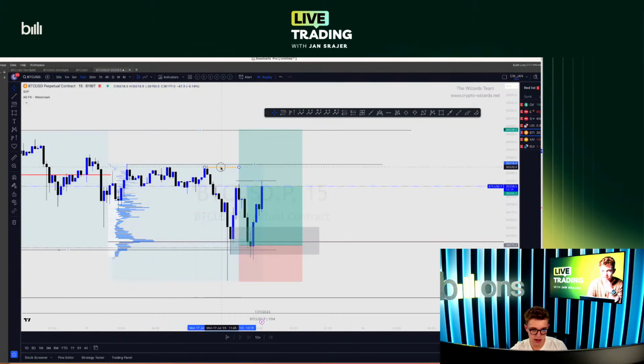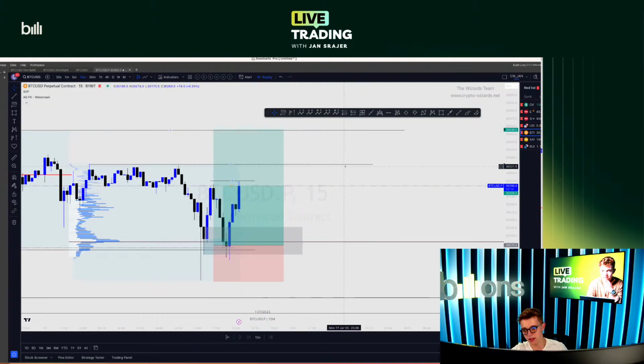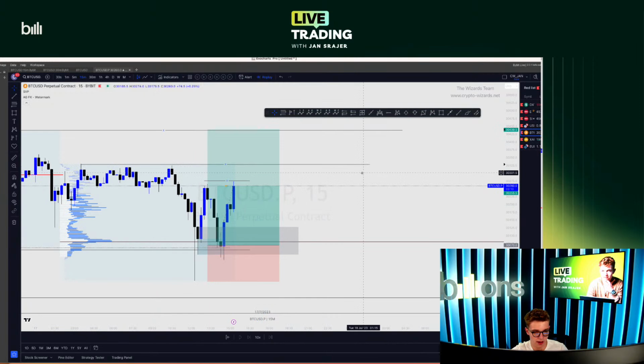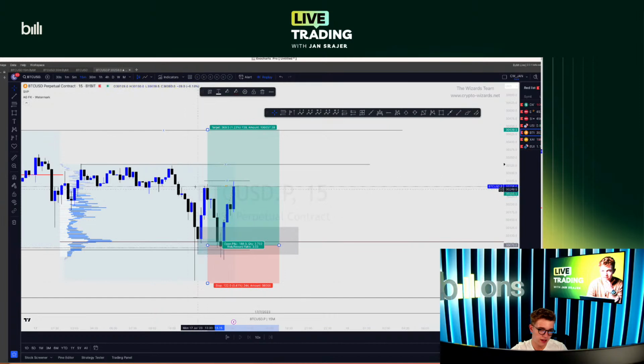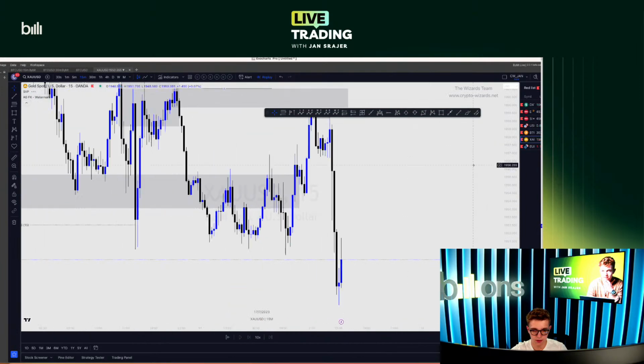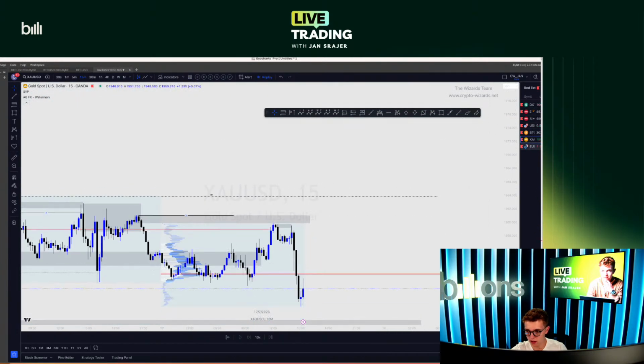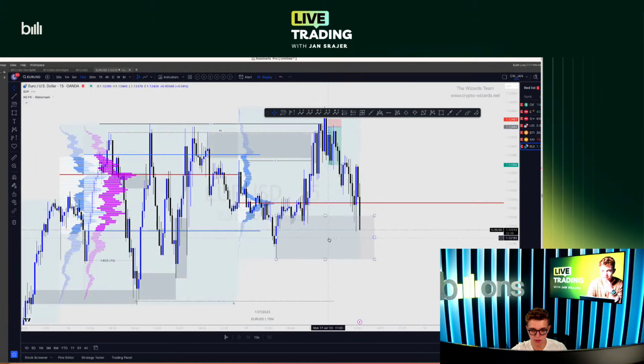So I'm not moving stop loss to break even, not even now or here, because I'm live trading and monitoring the price. I'm present here in front of a screen, so I don't have to move my stop loss to break even. But if I wouldn't be able to monitor the trade, then I would probably move my stop loss to break even, preferably above this high here. Oh my goodness, that's a strong push down. Very strong push down, and the euro keeps going down too. All right.